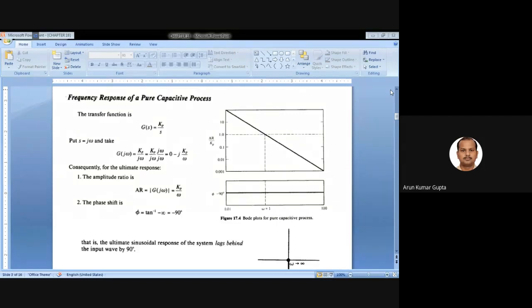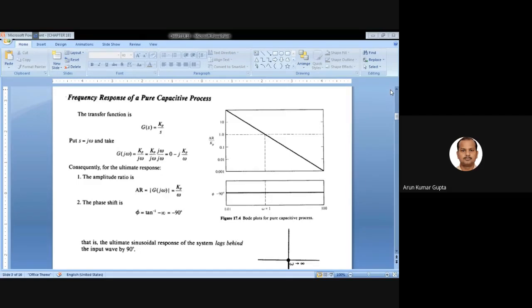It is a special type of transfer function defined as G(s) equal to Kp upon s, and this is very important because many times it is asked in GATE: define the pure capacitive system and what is the Bode diagram for the pure capacitive system. So several times this question has been asked. For a pure capacitive process, the transfer function is given by Kp by s. If you plot the Bode diagram for this, you will substitute